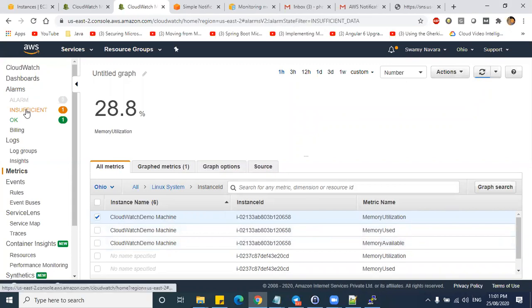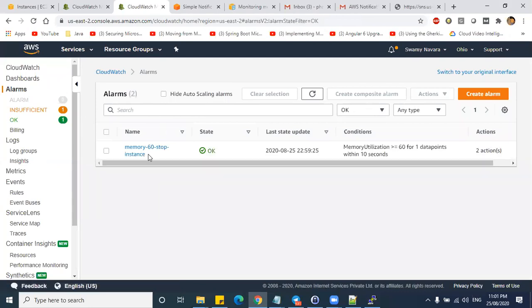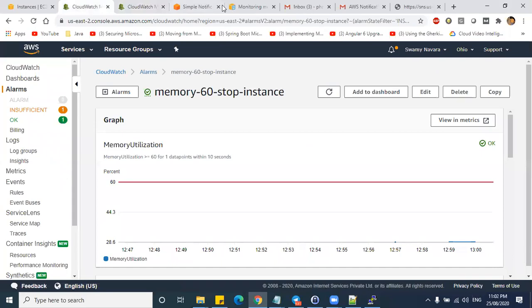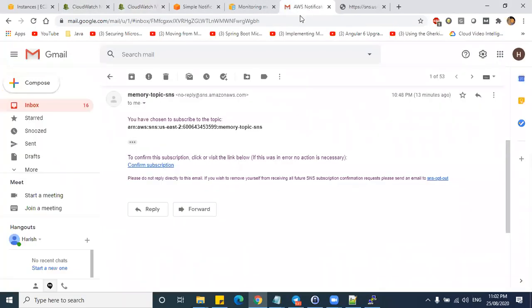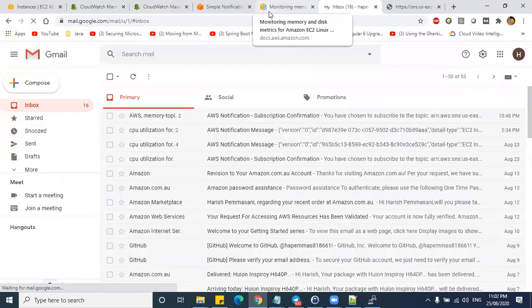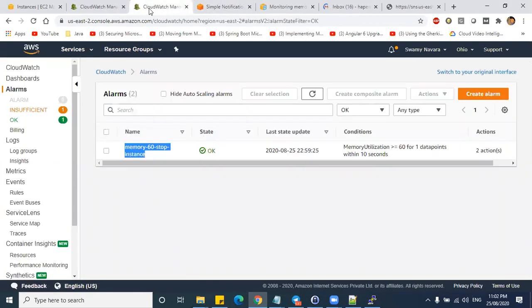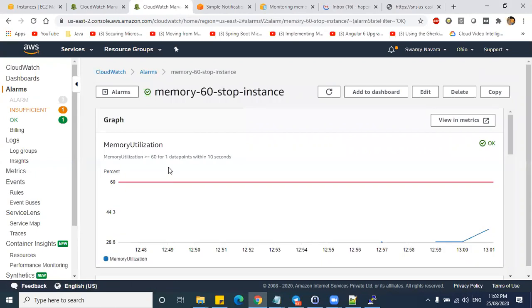Thanks for that, Namita. And if you see here under alarms, the alarm has already been triggered. If you see here, memory has crossed 60%. Let us check, we should have got a notification. Yeah, the waiting period was 10 seconds, right?